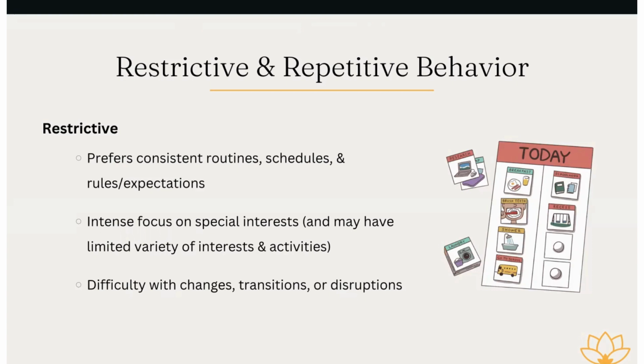They may prefer to finish an activity as a whole before they move on to the next thing. And they might tend to get upset when there's a disruption to finishing an activity, when there's a transition from one activity to the other, or when something that typically happens in a routine or schedule is changed. So if there's a substitute teacher, if they miss the bus, if typically you always go a certain route on the way to school and there's a closed road and you have to go a different way, these kinds of unexpected changes to the routine can cause a lot of distress in individuals on the autism spectrum, because they tend to thrive in environments when it's predictable and routine based.